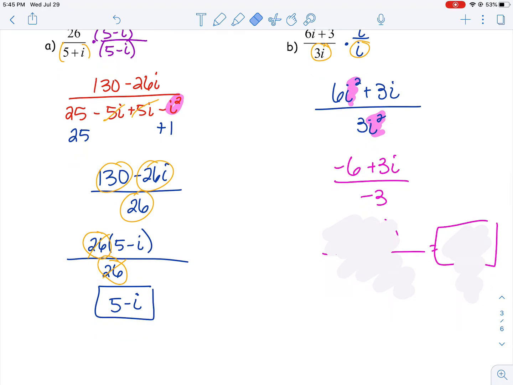Now be careful, please don't reduce those 3's off, because there's 3 terms, 3 pieces. You can only reduce if you can reduce all 3 pieces by the same amount. So let's see if we can factor the numerator. If we can factor and find a common factor, then we can reduce all pieces. Looking at my numerator, I can actually factor out a negative 3, can't I? When I factor out a negative 3, that would leave me with the 2 minus 1i. My denominator is negative 3, and then you notice that I have a common factor in my numerator and denominator. I can reduce each one by negative 3, and that leaves me with a final reduced answer with no denominator, that means no i's in my denominator, of 2 minus